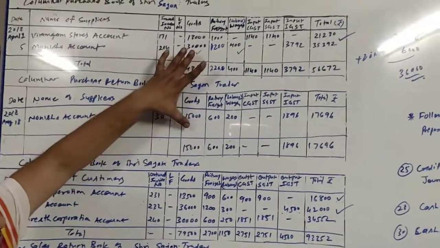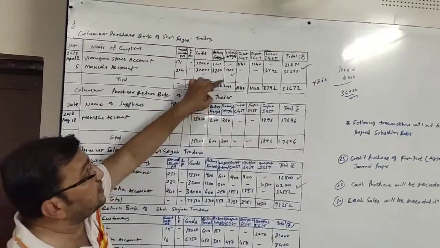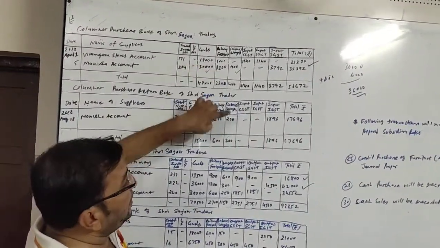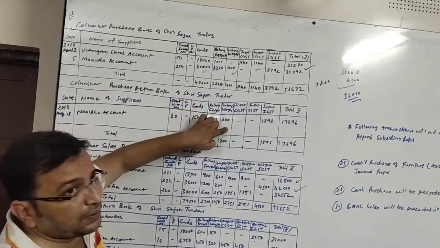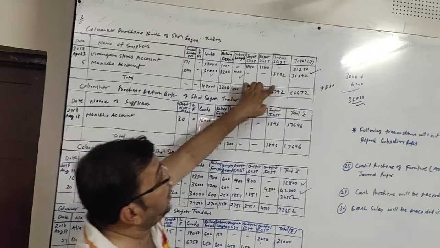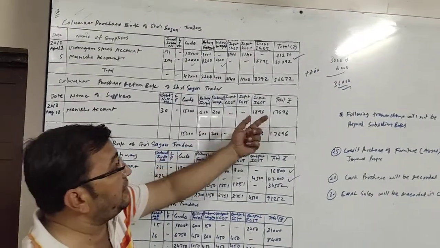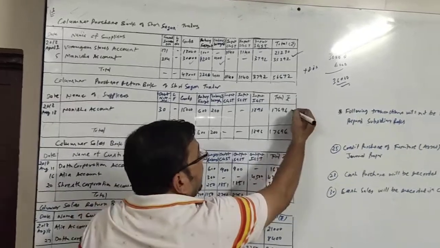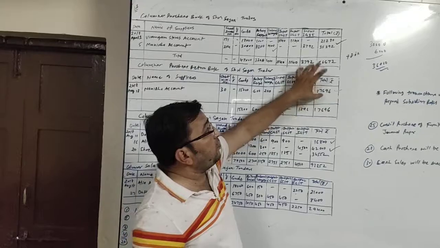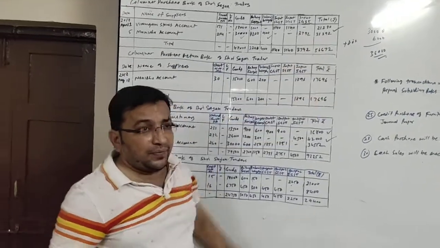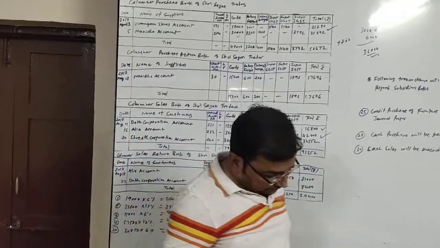Okay. Now here also proportionate amount is to be adjusted for all the expenses. So railway freight was 1200, 600 will be adjusted. Wages was 400, 200 will be adjusted, half amount. And IGST was 3792, so 1896, half, will be adjusted, and total will be 17696. Total of 4 columns. This is also going to be the half of this total. We know this very well. Okay. Now, next transaction.